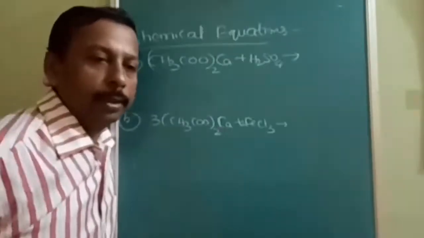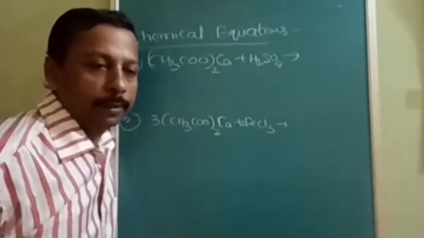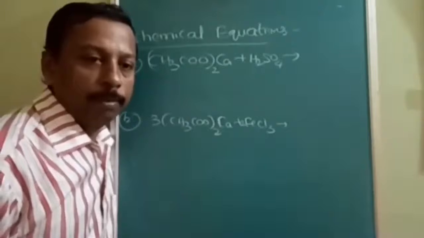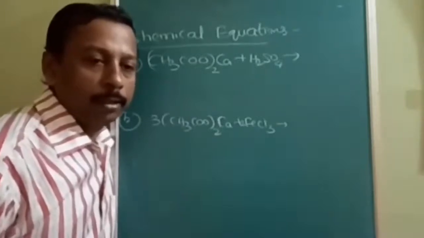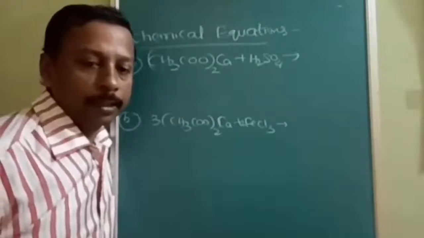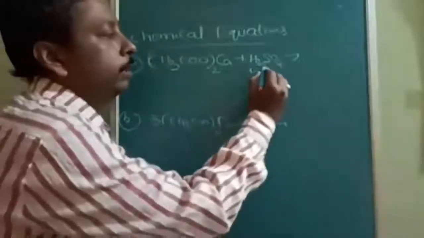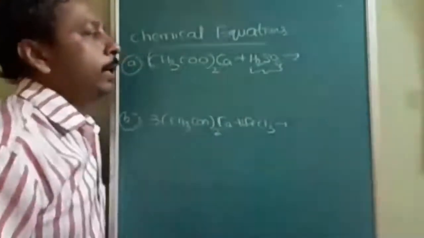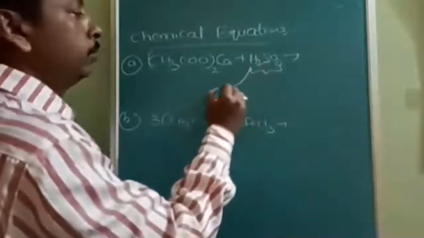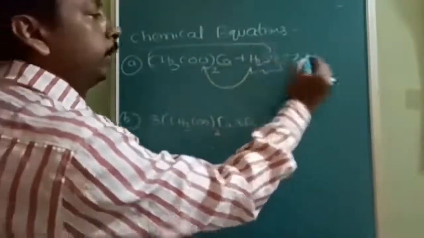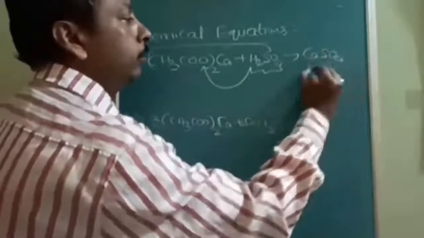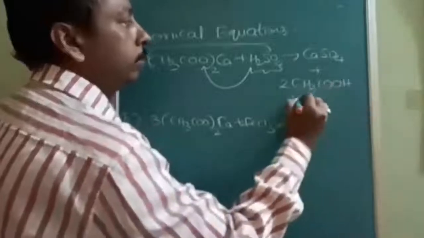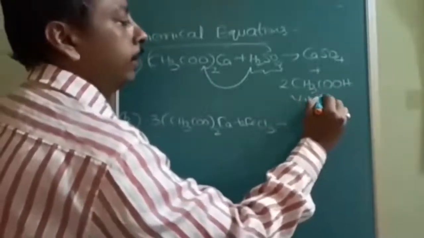Okay, chemical reactions to explain our observation. What was the first observation? Vinegar like smell. So vinegar should be formed. What is the chemical formula of vinegar? Acetic acid is vinegar. So when it is heated with dilute sulfuric acid, there will be a displacement reaction. What will be the reaction? 2 moles of hydrogen will be attached, calcium and sulfur. It is going to form CaSO4 and 2 moles of acetic acid. What is it forming? Vinegar. Okay? Vinegar.